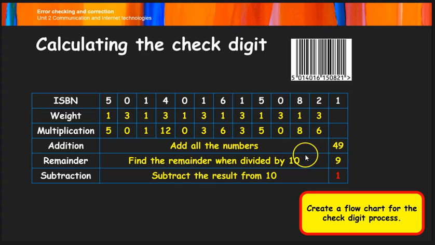We divide by 10, but then we take the remainder away from 10, and that should give us the 1 as a check digit. The other way you could do it is take out all the odd numbers, add them together and times by 1, and then add that number to all the even numbers times by 3, and that total would still give us 49. Divide by 10 gives us 4 tens in 49 with 9 left over. Take 9 away from 10 and that gives us 1, and that is essentially the check digit process.